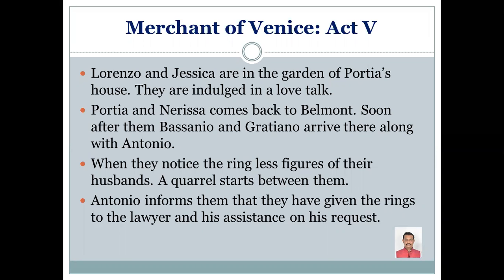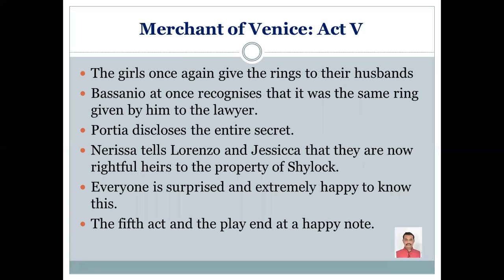And when that quarrel goes on, Antonio just comes in between and requests them to stop quarreling. Antonio informs them that these two guys, Bassanio and Graziano, have given those rings to the lawyer and his assistants on his request, as the lawyer has saved his life from the clutches of Shylock. When this is told by Antonio, it is heard by Portia and Nerissa, and the quarrel is stopped. But then these girls, Portia and Nerissa, once again